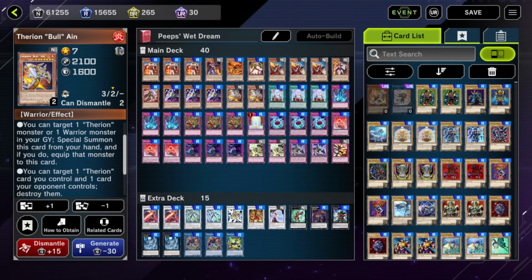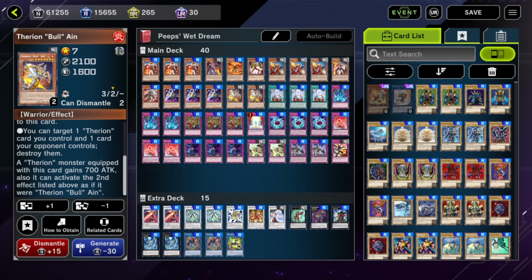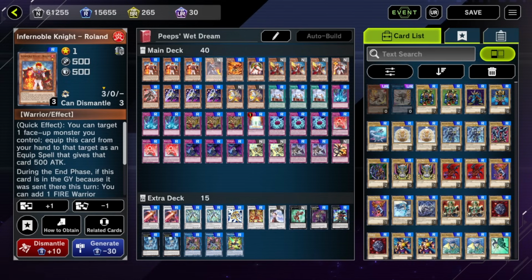So Bull-Ein, this is the Therion for warrior monsters. Any warrior monster you can equip, and then just special summon Therion Bull-Ein, and this is a searchable removal. But also, imagine you go Roland, search Bull-Ein, you go Bull-Ein, equip the Roland, you go Bull-Ein, kill